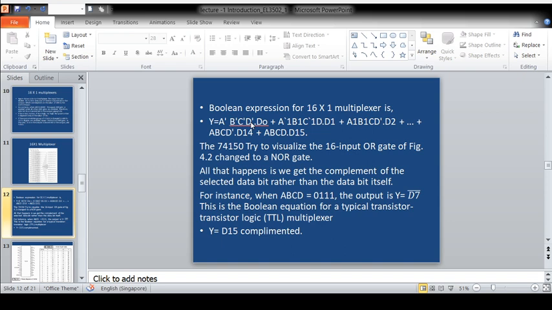One very important IC is there, which is called 74150. You know, a 16 input OR gate is not possible. Or this kind of circuit which you have seen in a 16 to 1 multiplexer, and even higher numbers of connections, a discrete circuit like this, AND gates and an OR gate, a 16 input OR gate, 5 input AND gates, and you have to connect a busbar system and all those things. If you prepare this kind of circuit manually, it becomes very, very complicated. Instead of that, whatever is available in the market, that we are going to utilize.